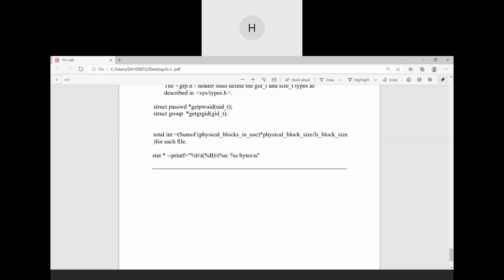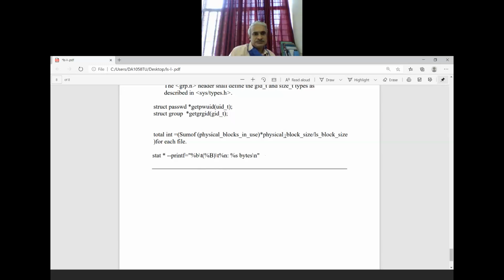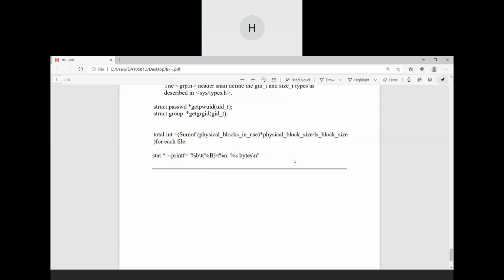This percentage B over here displays the physical block size, and this percentage small b displays the number of blocks. The percentage S will display the size in bytes. This block size is also defined in the struct stat, in the manual where we check the lstat or stat function.